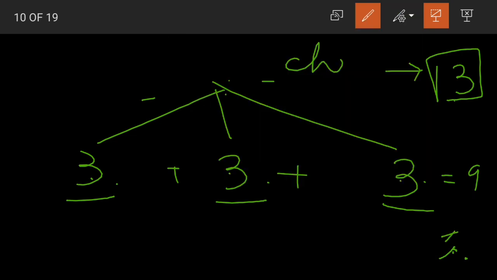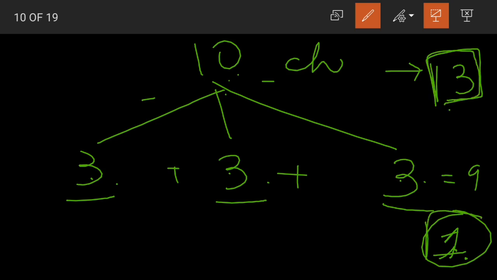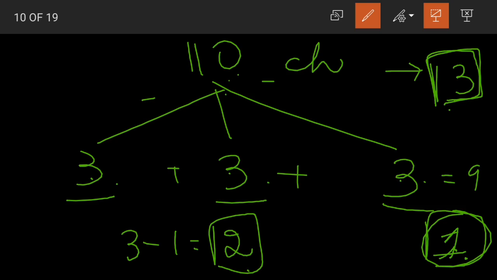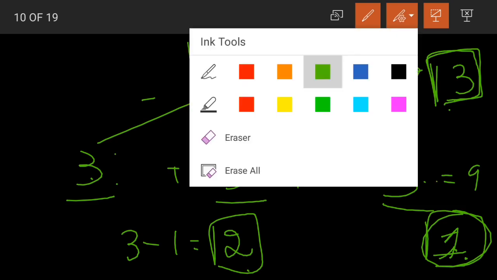So here 1 is our remainder, 10 is the given number, the divisor is 3 and the remainder is 1. So let us take the difference. 3 minus 1 is equal to 2. So when we add this 2 to the given number, 10 plus 2 becomes what, children? 10 plus 2 becomes 12. So this 12 is exactly divisible between 3 children.